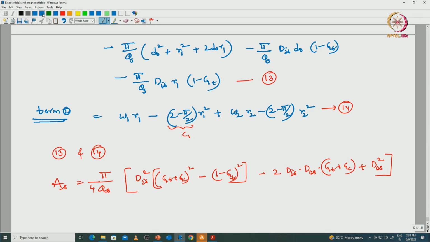This is the equation with respect to the first term, and then remaining terms with respect to the slot